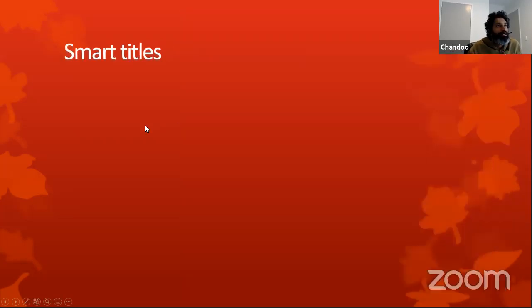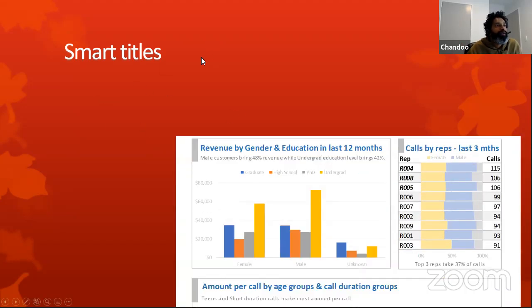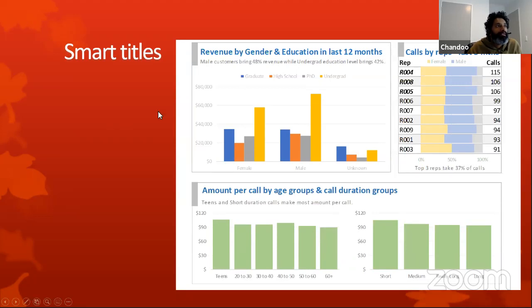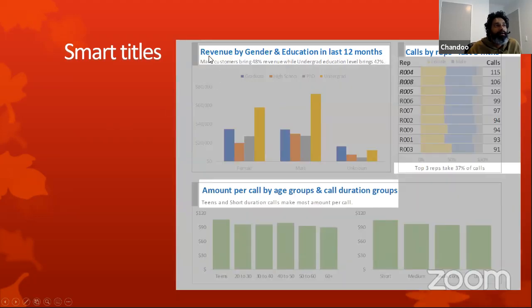So for me, this can be done by applying a title that is a bit smarter than normal title. These are titles that you can either generate by calculating them through formulas, or you can manually type them in, and month to month you can manage them depending on what is the effort required. So for example, here is the smart titles. You can see that we are rewriting the titles by providing some more context, like what is the data presented, is it for all months or whatever.